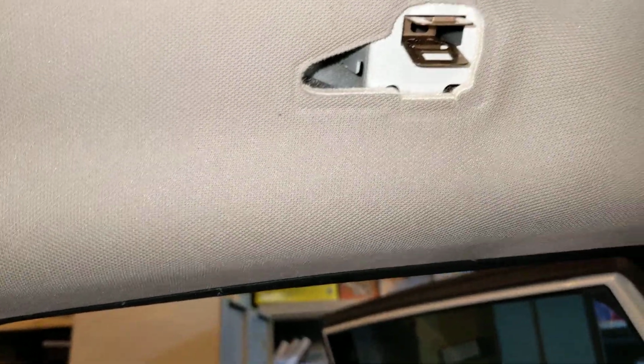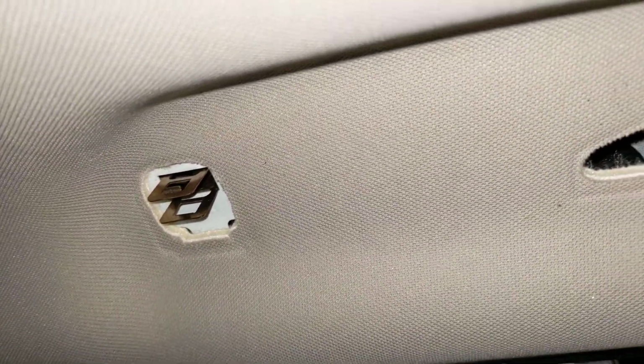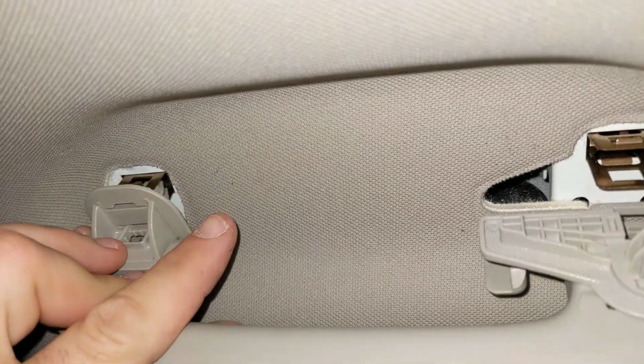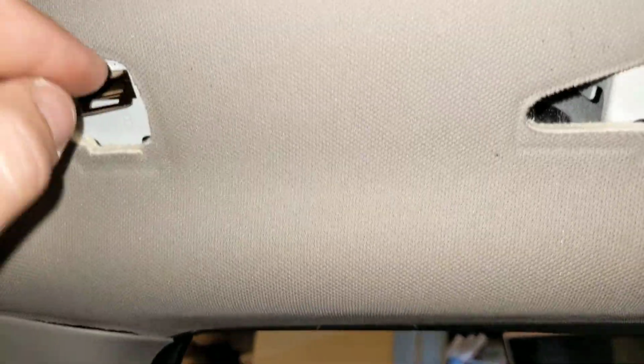Alright, this is just a quick one, guys. I'm working on a 2016 Nissan Murano. I took the headliner out, and these ridiculous clips here decide that they don't want to go in. They're supposed to come through these slots, and then there's a little cap that goes in there that holds it